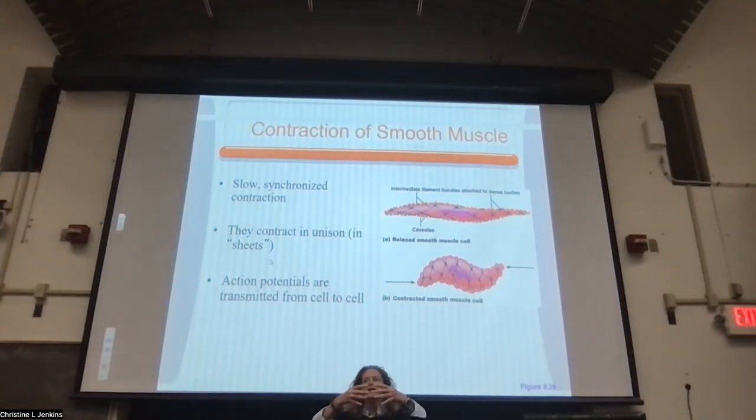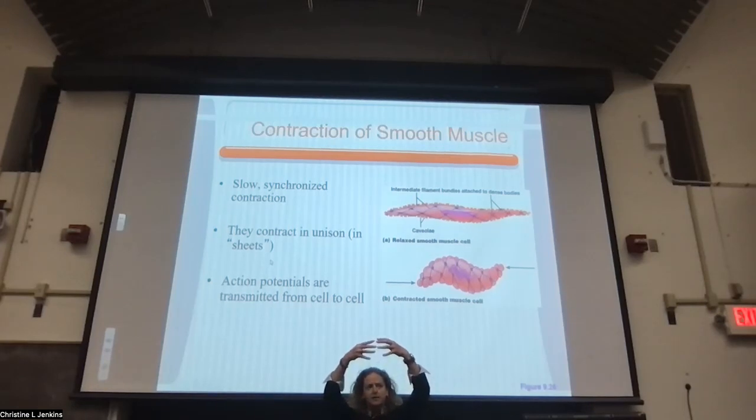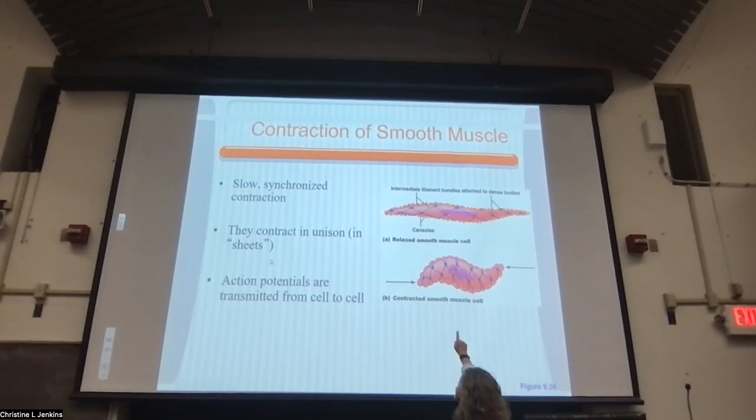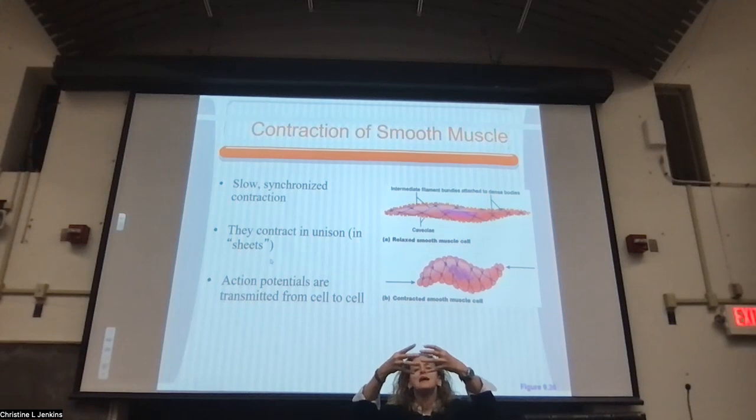In skeletal and cardiac, we talked about the sliding filaments this way, right? In skeletal and cardiac muscle, the myofilaments slide past each other kind of horizontally. I like this picture because it gives you an idea. In smooth muscle, instead of a contraction just happening in a purely horizontal